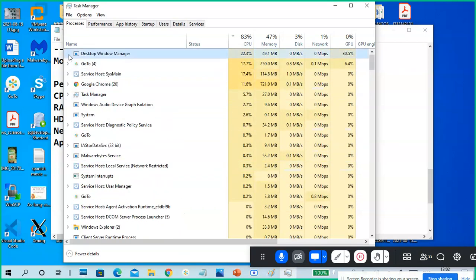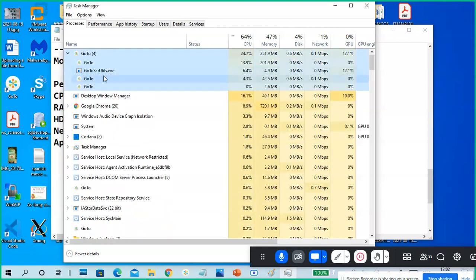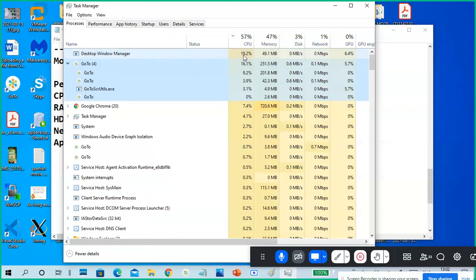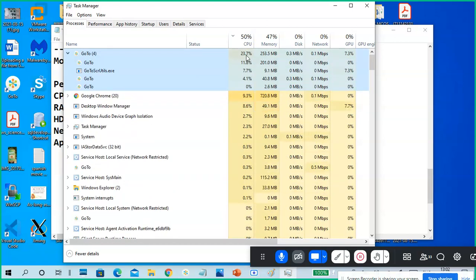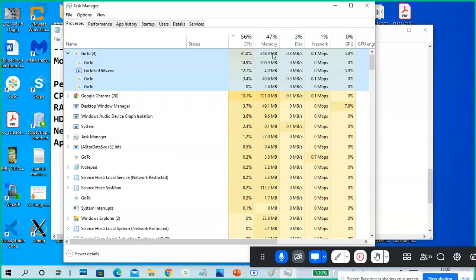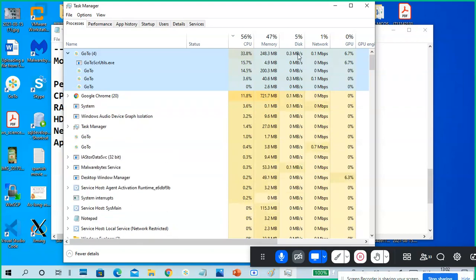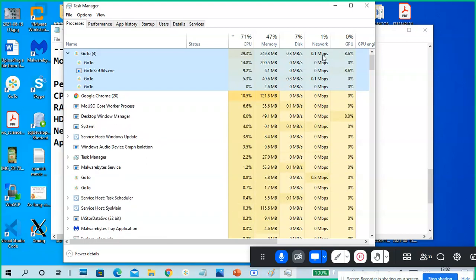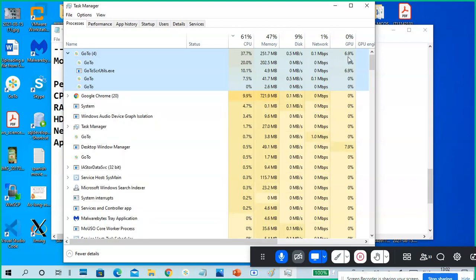If you see, this is GoToMeeting. Totally, it is taking my CPU power around 20 to 25%. It is occupying around 250 MB RAM, and disk also it is occupying. See, it is also consuming 0.1 Mbps of network, including GPU also.